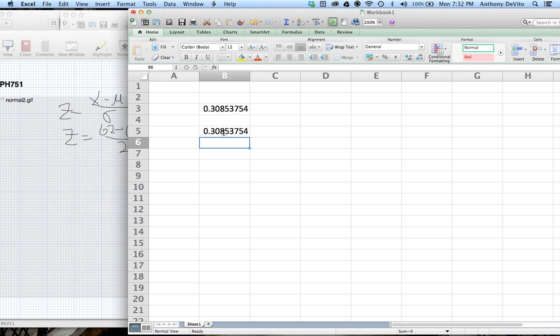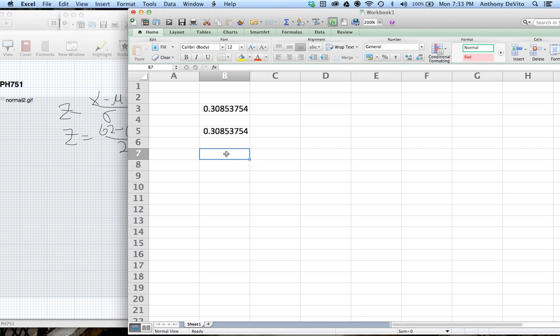I guess one thing you might use it for is if you wanted to plot one of those. Oh, if you wanted to actually find all the values. Yeah, if you're going to actually use Excel, you can make a series of numbers a mile long, have it calculate all those values, and then even plot them. So Excel is kind of a perfect instrument to create a z-table from if you couldn't find one, if you wanted to make your own. Right? But this is the way we would typically use this.